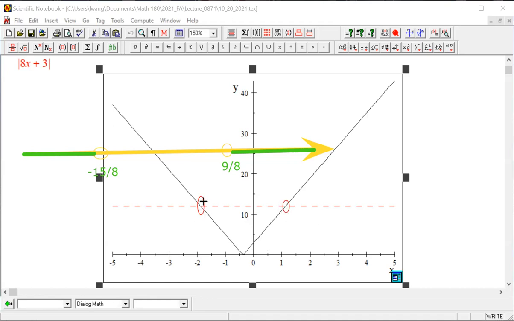And those inputs, this point is going to be -15/8, 12. And that point is 9/8, 12. And you want to be larger, so your solution